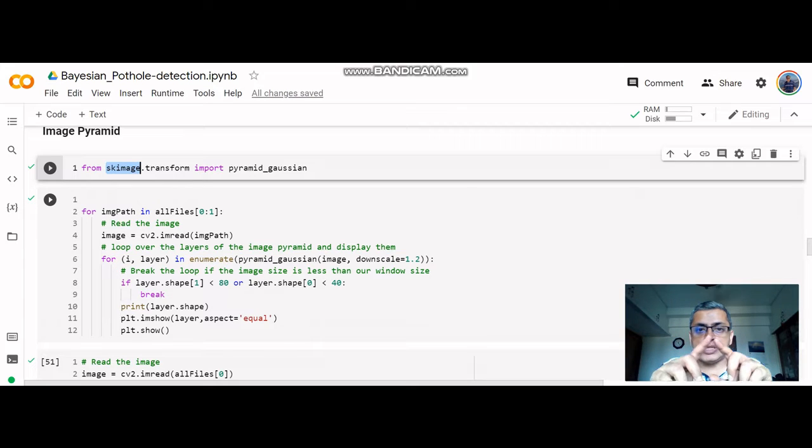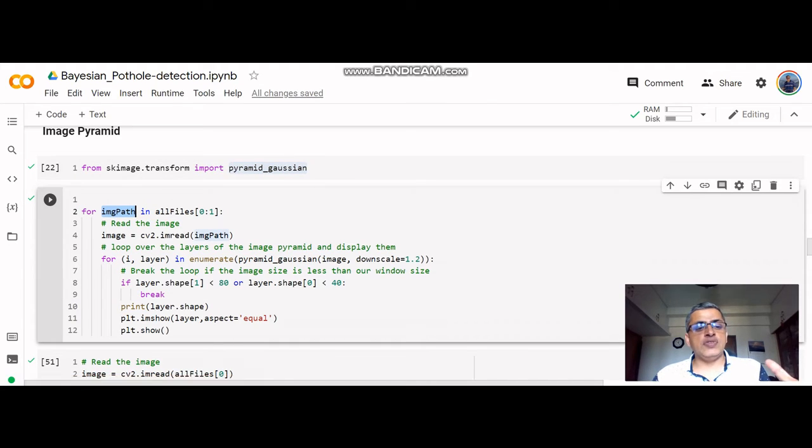and we also saw that the window could be a fixed size. With smaller scales, you are able to detect these potholes at different scales and different locations. So that's the overall concept of image pyramids. So let's see how that is implemented using this method, pyramid Gaussian. I'm just taking one of these images